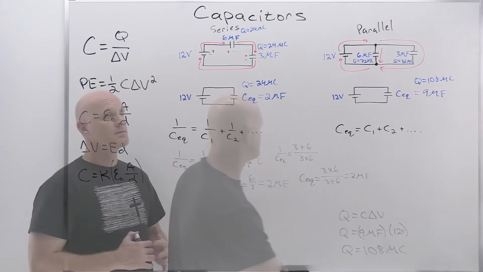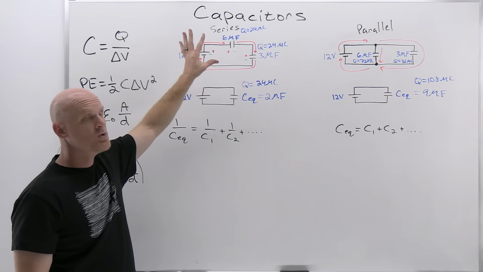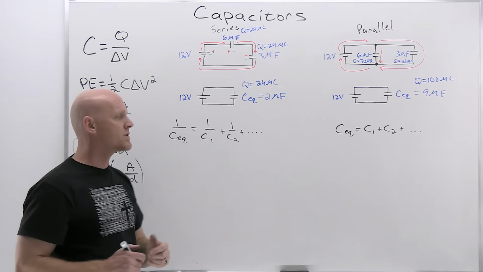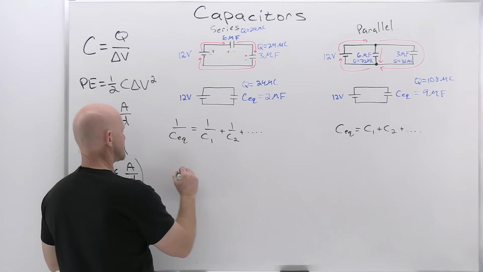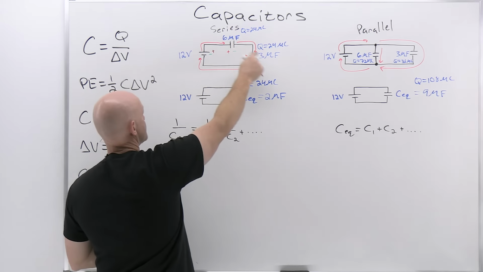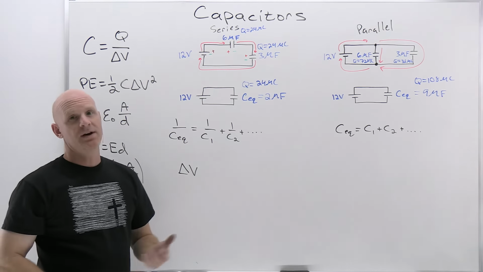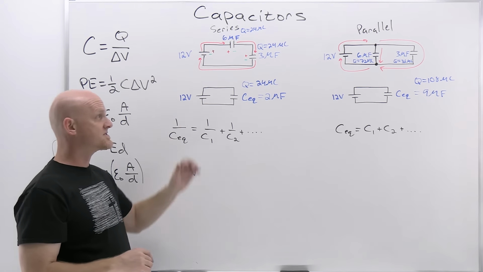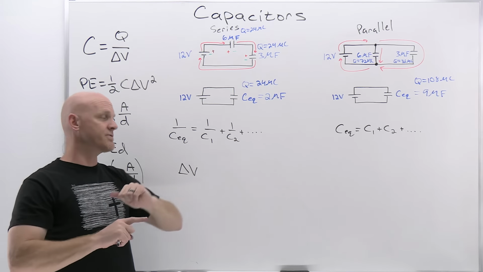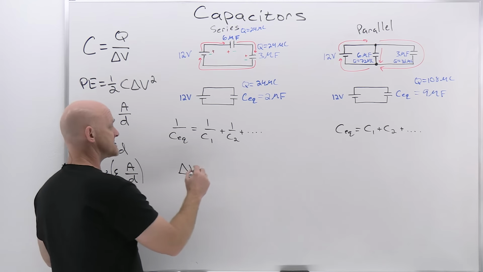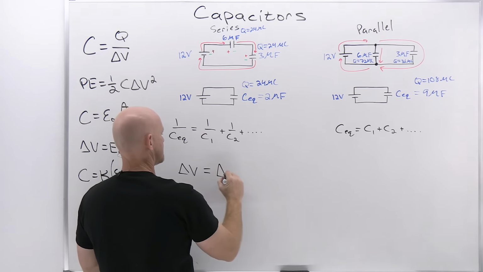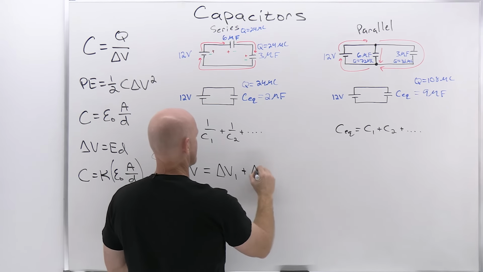Let's take a look. Okay, so going back here for series, the Q is the same for both capacitors. And I don't want to start with what's the same, I actually want to start with what's different. So in this case, it's the delta V that's going to be different between these two. And again, obviously they have different capacitances, but it's either Q or delta V that's going to be the same for either one of these, and I want to start with what's different. And here it's delta V that's different for them being in series. And so the delta V across both of them combined is just the potential difference across one plus the potential